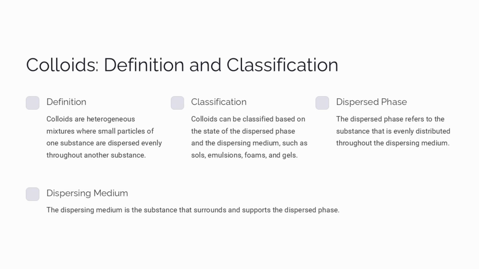Colloids are heterogeneous mixtures where small particles of one substance are dispersed evenly throughout another substance. Colloids can be classified based on the state of the dispersed phase and the dispersing medium, such as sols, emulsions, foams, and gels. The dispersed phase refers to the substance that is evenly distributed throughout the dispersing medium. The dispersing medium is the substance that surrounds and supports the dispersed phase. This slide provides a clear definition and overview of the key concepts related to colloids, setting the stage for a